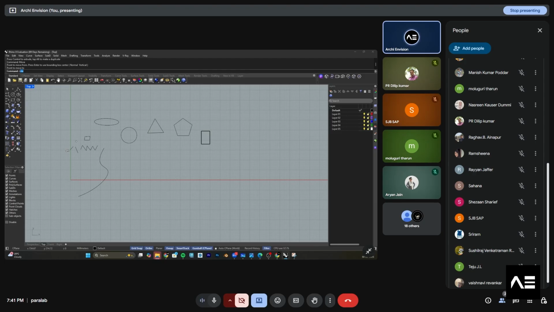For example, if we type line, it will show line. There are different types of line over here: line, line through points, and so on. We just start with the basics of line. Click on line and directly drag it, and it will create one line. If ortho is off, I can type line and randomly place a line at a different angle.